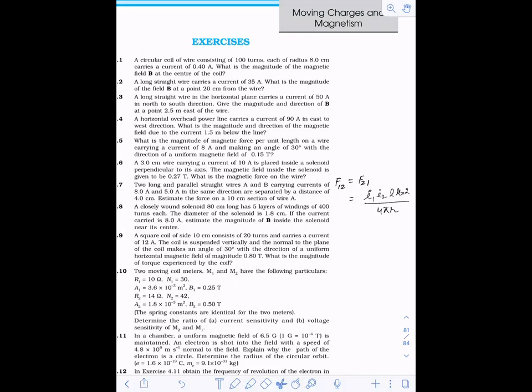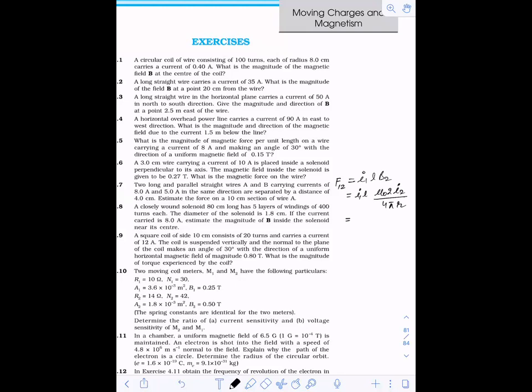If you want to remember how to write it, just see. For this one I am writing, so you should write the current in 1, the length of wire, and the magnetic field created due to 2. Now I1 is there, L is there. Now the magnetic field due to the second wire you have to write. So how will you write that? Mu naught into 2I2, which represents the infinite wire case, divided by 4 pi into R. This is how you have to write, or you have to remember.